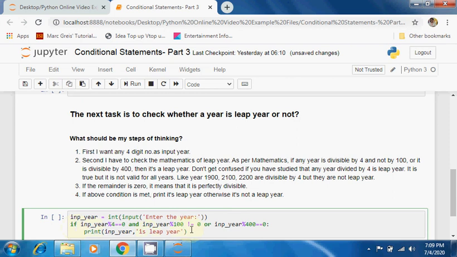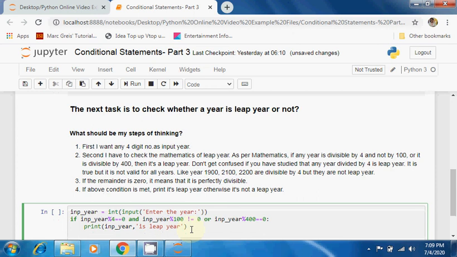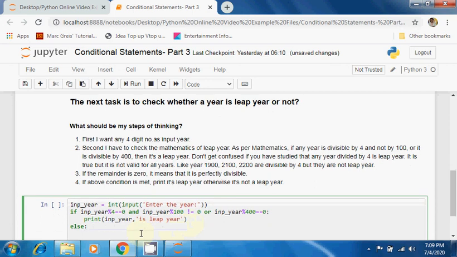Okay, and else, so I will write this else. Let me copy this using shift arrow key. I am going to select this, control C and control V, is not leap year, and let me run this, shift enter.